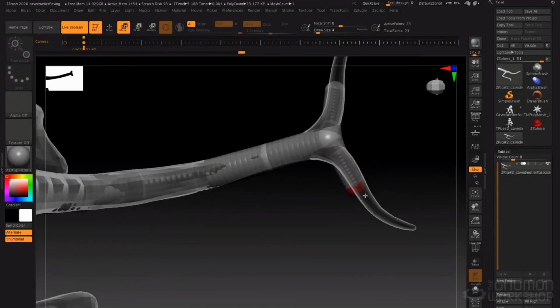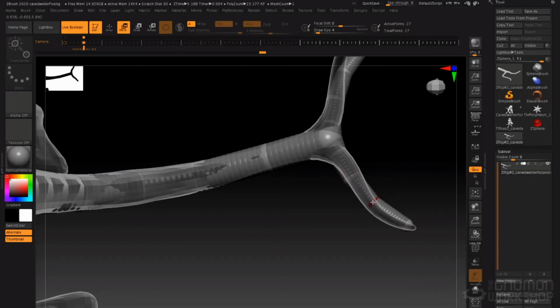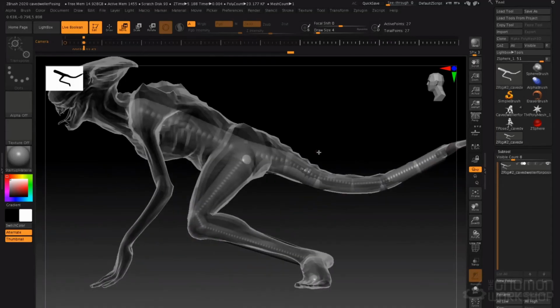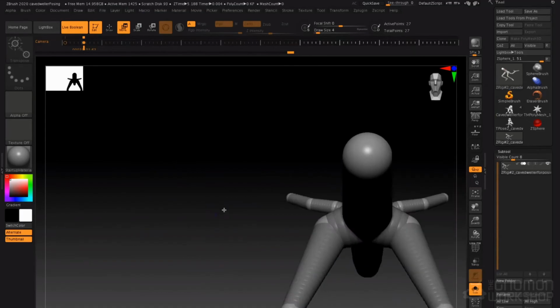And then I'll go to move, and I'll bring those little ones out here and scale them down. And then draw a couple child spheres along the length of that and move them inside the prongs of the tail. And make sure that those actually sit correctly from every view. Just like this. Perfect. So now let's come back up here to the torso, go into solo mode, and let's